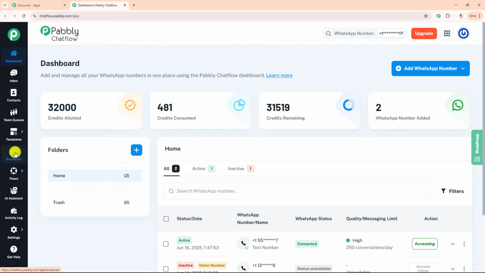On sixth option, we have broadcast where we can send bulk WhatsApp messages to multiple contacts using templates. On seventh option, we have flows where we can build and automate chatbot flows for WhatsApp conversation. We'll use this today. Next up, we have AI Assistant, which uses AI tools to enhance customer response and automate